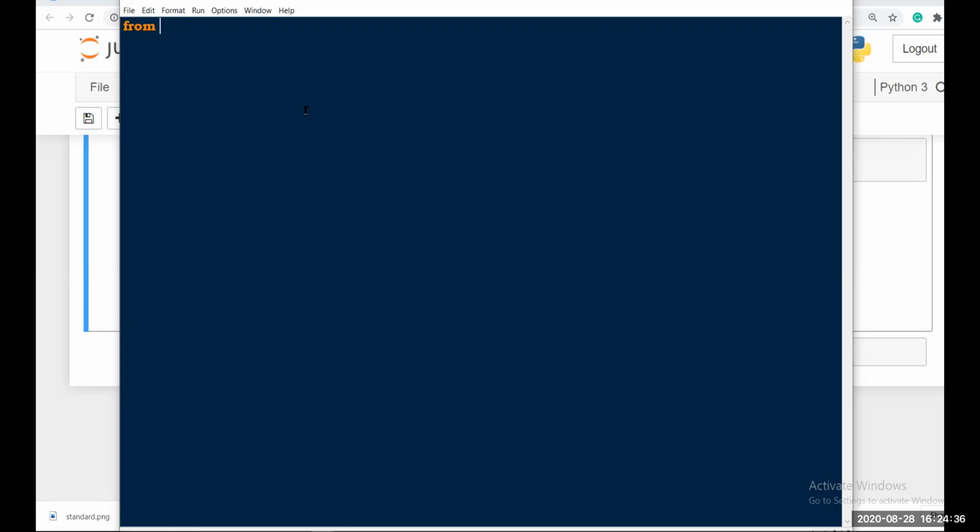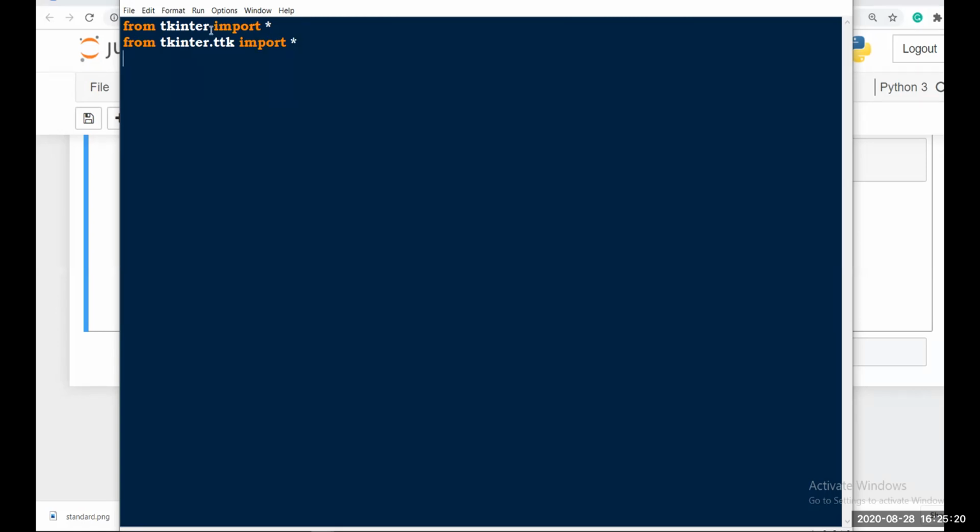First one is from tkinter import star. Here we already know what star is: star is used to fetch all the methods from tkinter. Then from tkinter we have one method, ttk. From tkinter import ttk star. The above line fetches all the methods from tkinter, and here we fetch all the methods from ttk, which is in the tkinter module.